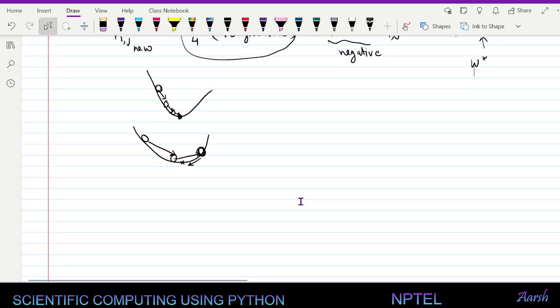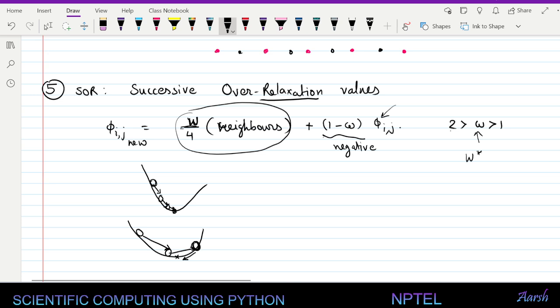This omega will be in the range of 1 to 2. So the value of omega is between 1.1 and 2. Let's say it's 1.5. That means in every step you are going to do 1.5 divided by 4, which is how much? 1.5 by 4 is 0.375. So it is 0.375 times neighbors